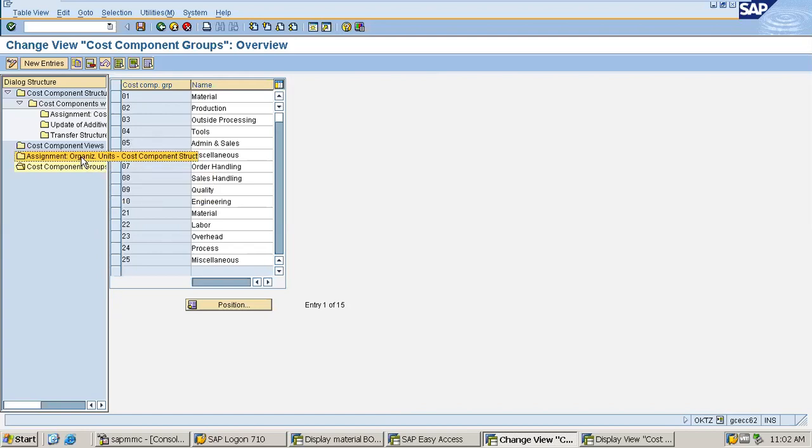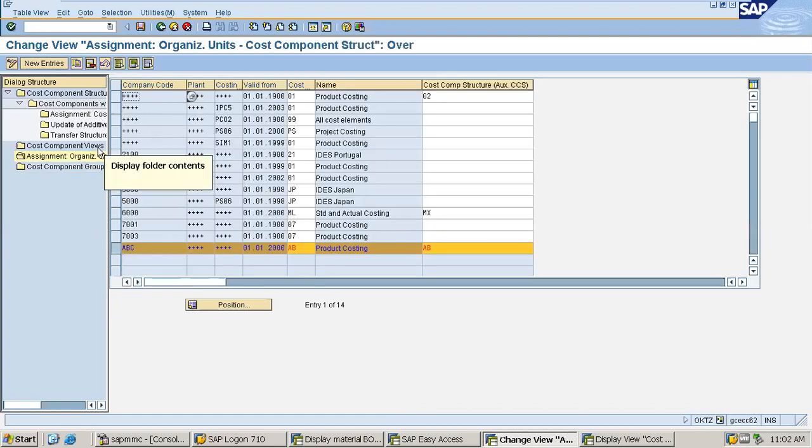Now I'm going to the assignment of organization unit to cost component structure. Here I have to assign the company code with the cost component structure and obviously with the costing variant. Now see here my company code is ABC.